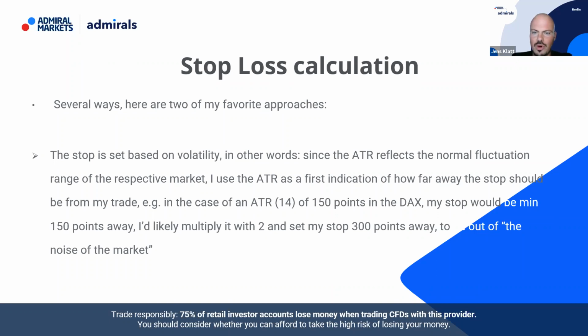Since the ATR reflects the so-called normal fluctuation of the respective market, I use the ATR as a first indication of how far the stop should be from my trade if I enter a trade. So in case of an ATR, let's say of 150 points in the DAX, if I now take a trade based on the first print of the day,